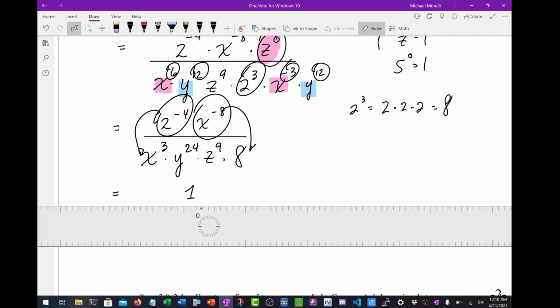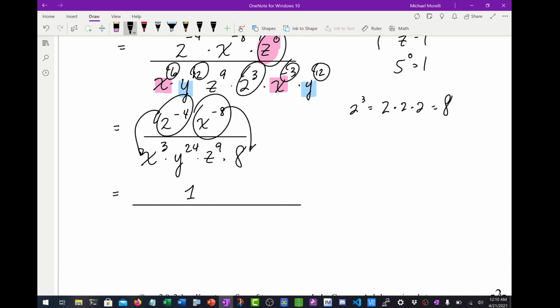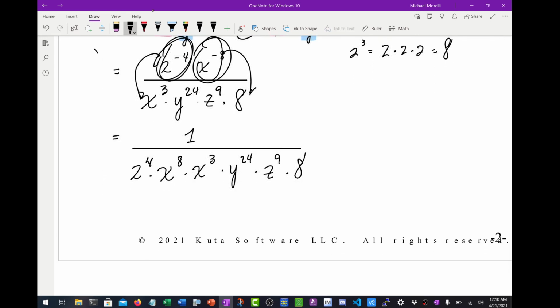Let's bring that ruler up. And down here I'm going to have 2 to the 4th power, x to the 8th power. That's what these are. Okay, they've come downstairs here, and they've become positive. And then I've got x to the 3rd power times y to the 24th power times z to the 9th power times 8. Okay. So let's figure out what 2 to the 4th power is real quick. 2 to the 4th equals 2 times 2 times 2 times 2. So remember, that's 8. 8 times 2, this is 16. Okay, so I've got 1 over,